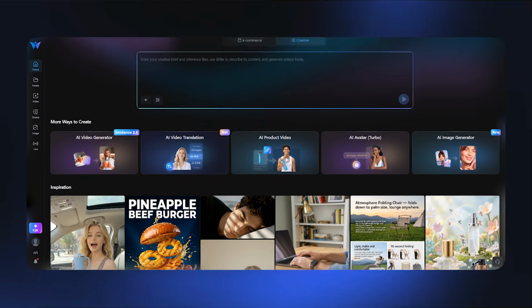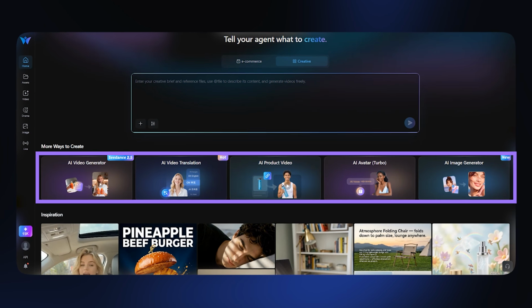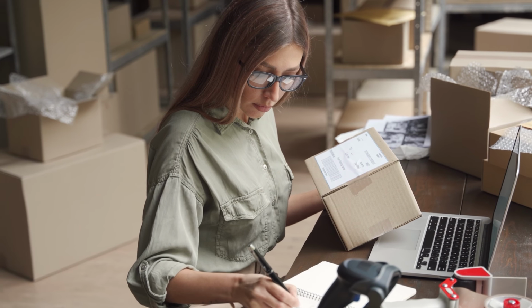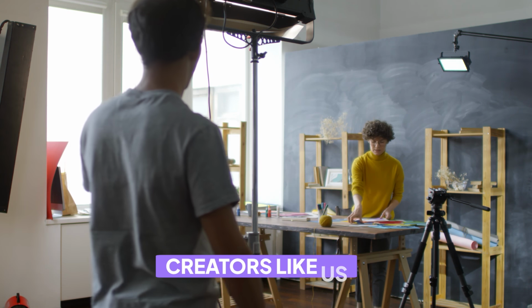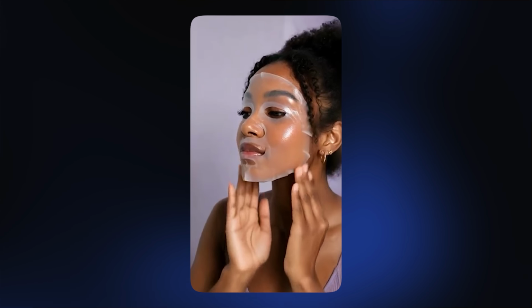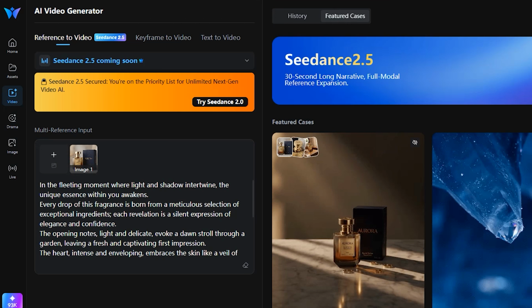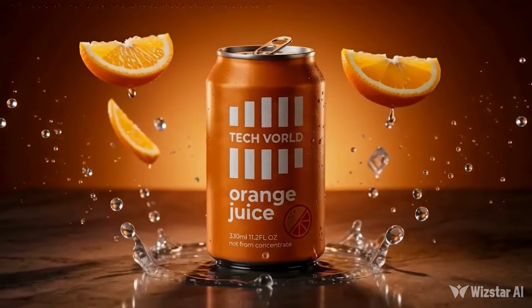Let's go. Okay, so this AI tool is called Wizstar. It's an all-in-one AI content platform built for e-commerce sellers, marketers, and creators like us. People who don't want to spend hours editing, and what your audience actually cares about. Then it builds scenes, syncs lips, and translates videos into other languages. So you don't have to switch between different platforms. Wizstar brings the entire workflow together in one place. Basically, your product photo goes in, a finished, ready-to-post video comes out, and you didn't have to touch a single